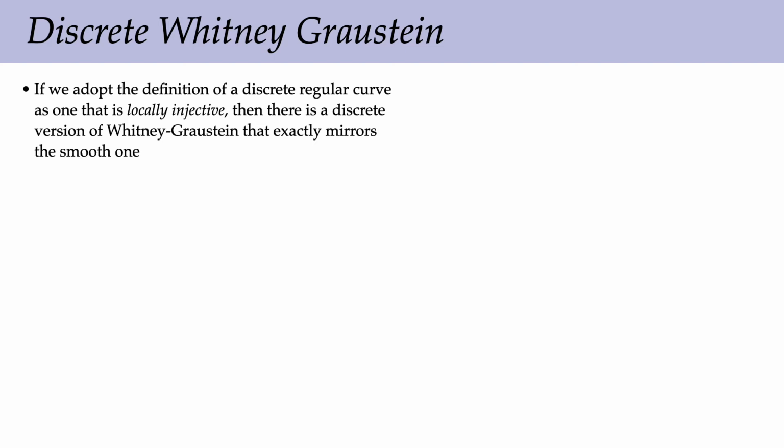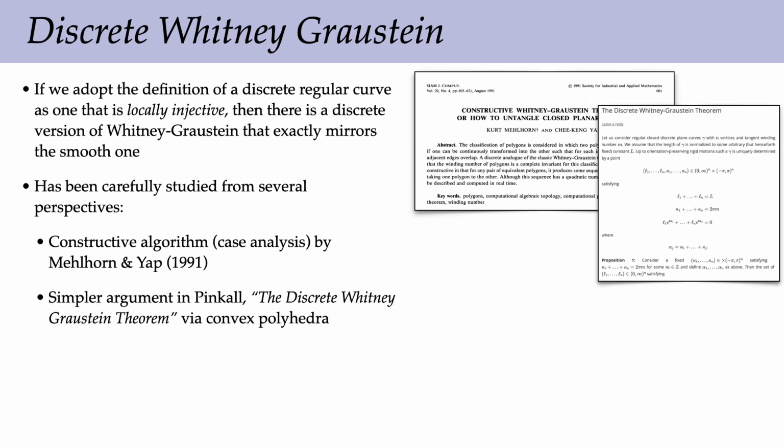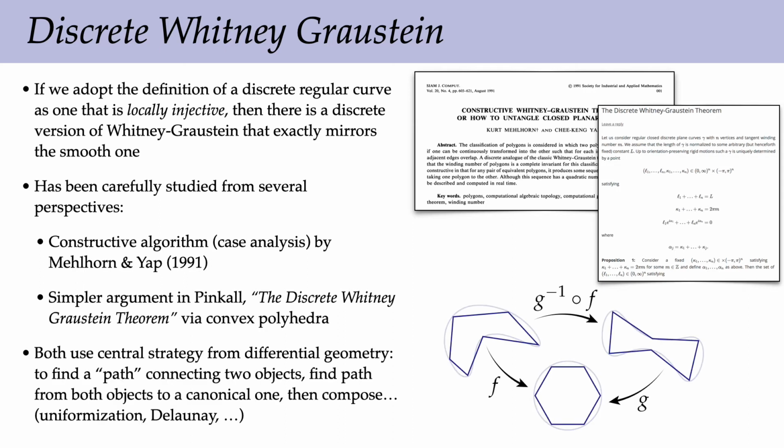Okay, so this particular question of discrete Whitney-Graustein has been carefully studied from several different perspectives. Maybe the first one that I know of is a kind of case analysis showing that this is true. There's maybe a more geometric argument using convex polyhedra that came a bit later. But both of these proofs use a central strategy that comes up over and over again in differential geometry, which